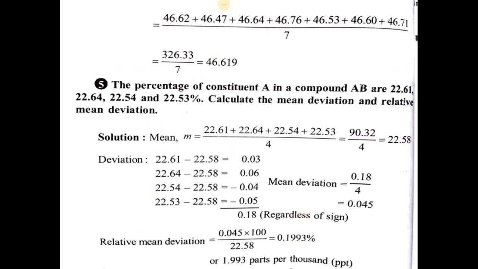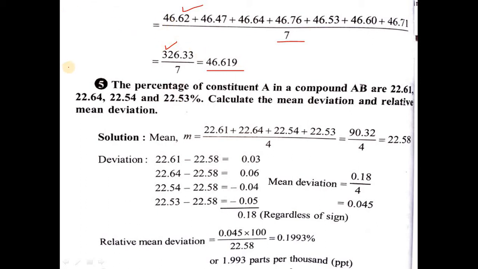So here we take the summation of all the values, and there are a total of 7. So the total summation 326.33 divided by 7, the answer is 46.619. By using a scientific calculator or regular calculator, we can calculate the mean. In the exam you can use any calculator, scientific or normal, but scientific is good because